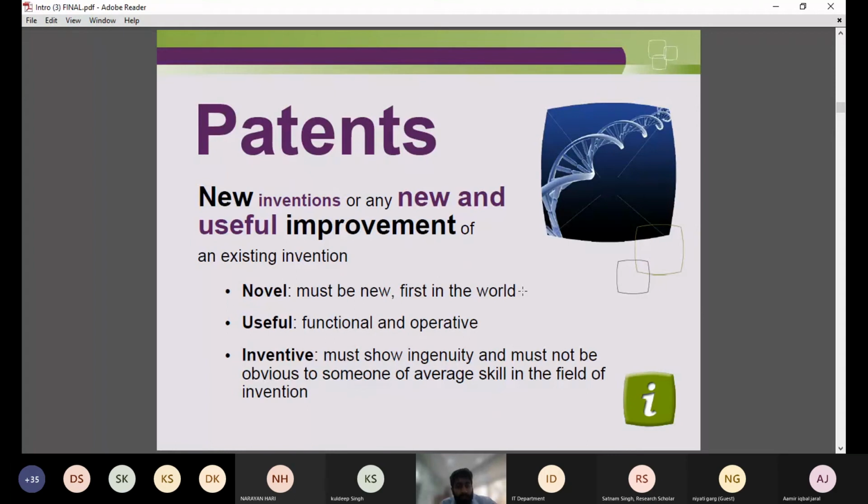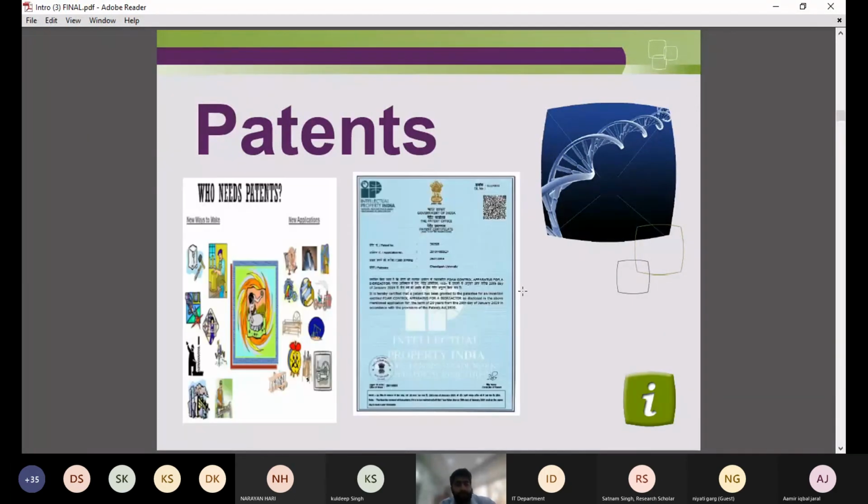Now, this is an example of a patent certificate. How it will look like: name of the applicant, title of your technology, date of filing, date of grant. So patent. And who needs a patent? Every person who is involved in some or other kind of technological innovation. Sometimes we call it a jugaad also, right? In India, we use the terminology jugaad. So jugaad is also a technological innovation, or we can say technical invention. When it fulfills all the criteria previously explained, it can also be secured under patent rights.